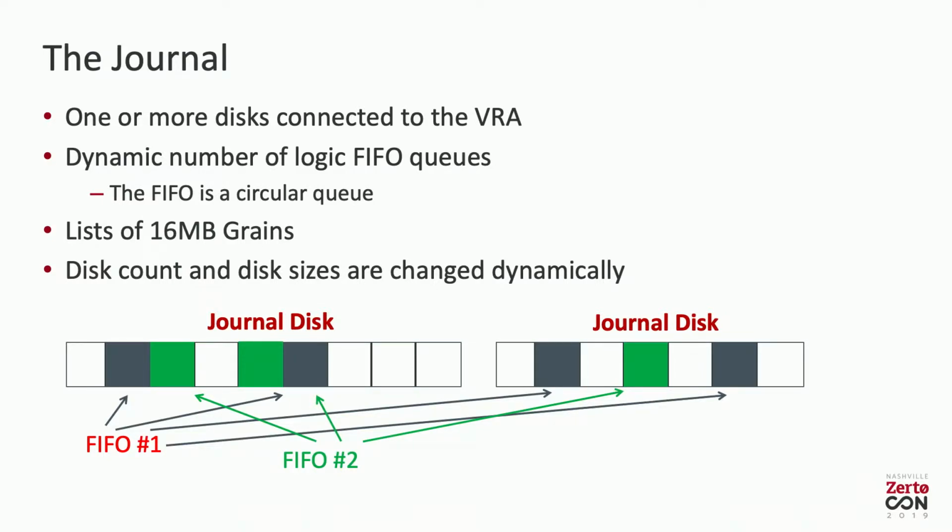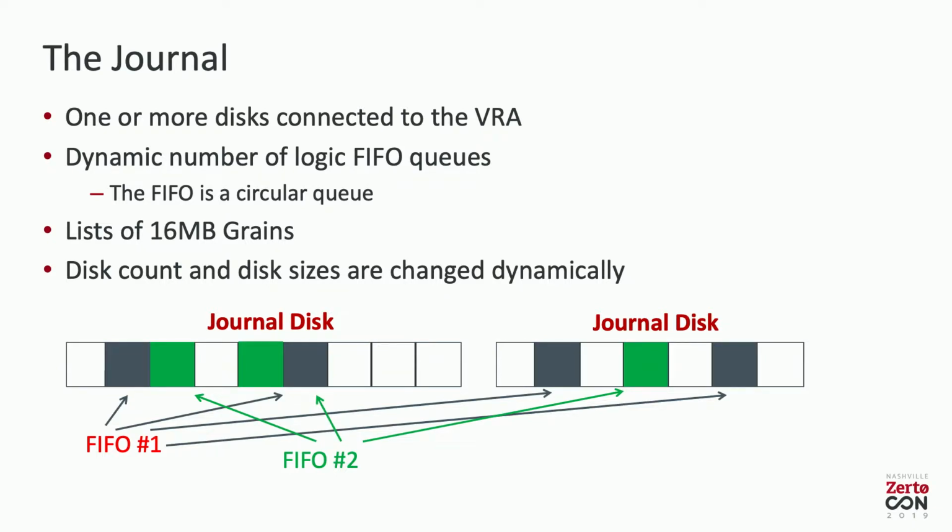Okay? Now, the sizes of the disks and the number of the disks can change dynamically, and in many cases do change dynamically. Because when we utilize all of our grains, we will either increase the size of one of the disks and then get more grains into the pool, or in some cases, we will actually add more disks, again chunk them up into 16 megabyte grains, and again get a lot of new grains into the pool that can be used for the